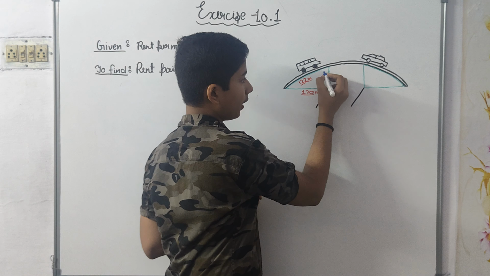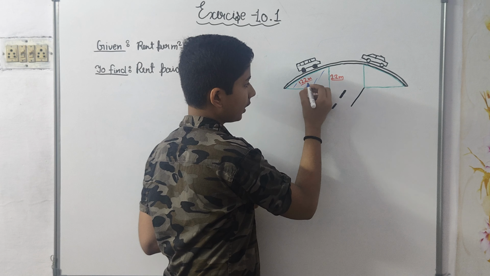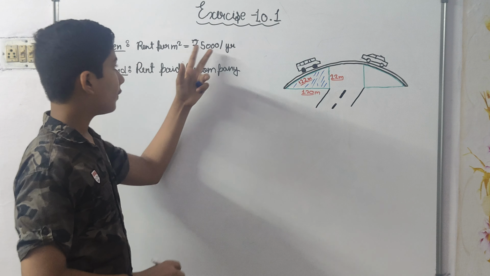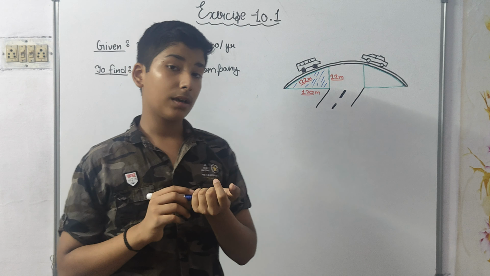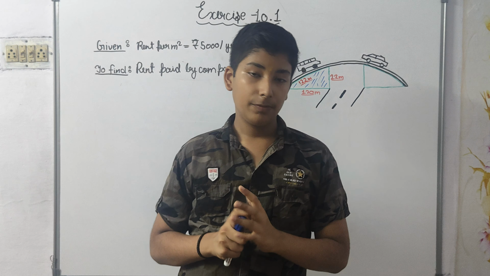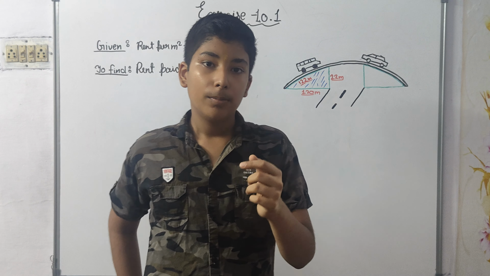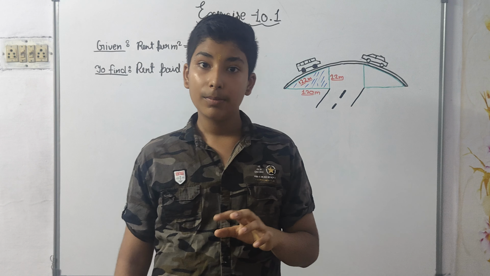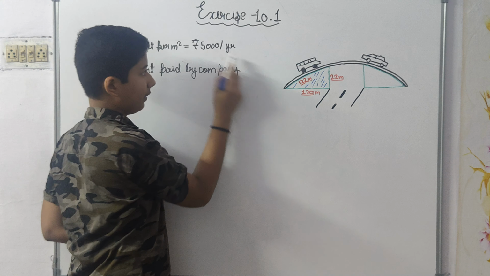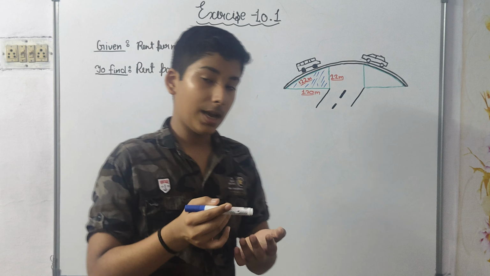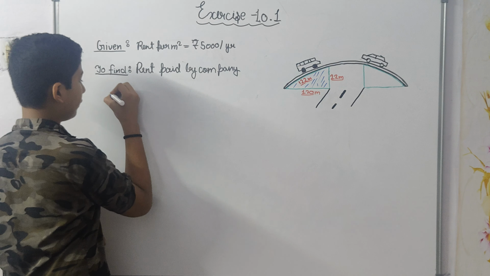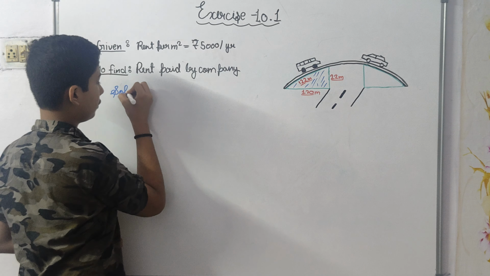Firstly, we will have to find out the area of this triangle. Then we will multiply it with the 5,000, and since it has taken only 3 months in a whole year, we can say it would be 3 by 12, because 1 year can be written as 12 months, which will be 1 by 4. So we multiply 5,000 into area, multiplied by 1 upon 4. So let's start. Let's be quick. Solution.